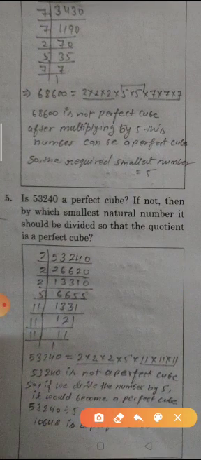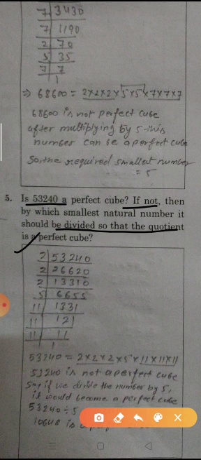Question number 5. Is 53,240 a perfect cube? If not, then by which smallest natural number should it be divided so that the quotient is a perfect cube? So student, this is also the same as question 4. Now the prime factors of that number: divide by 2, we get 26,620; again divide by 2, 13,310; again divide